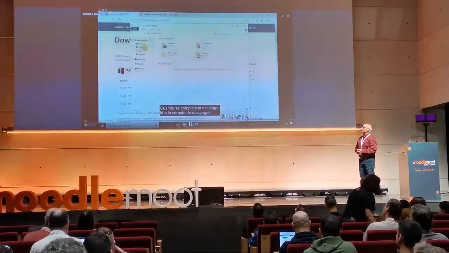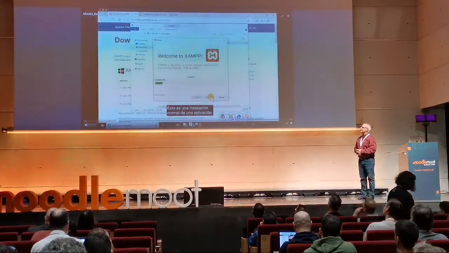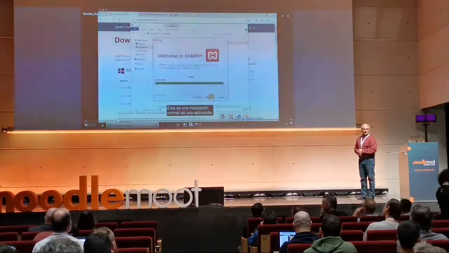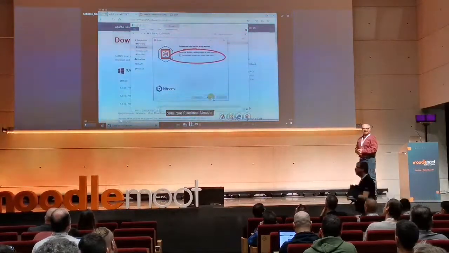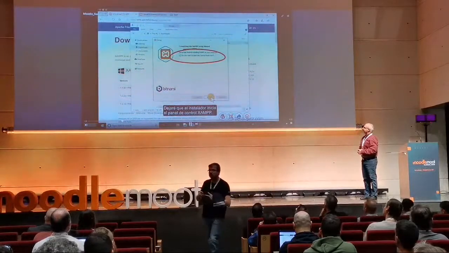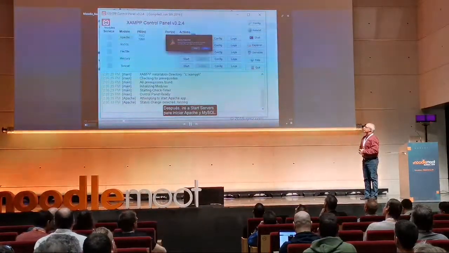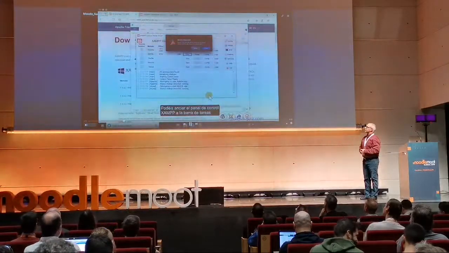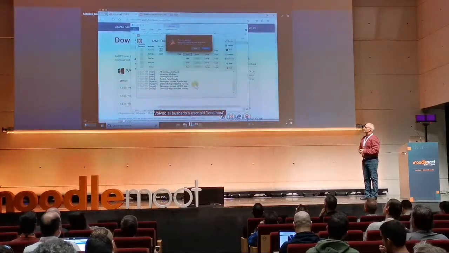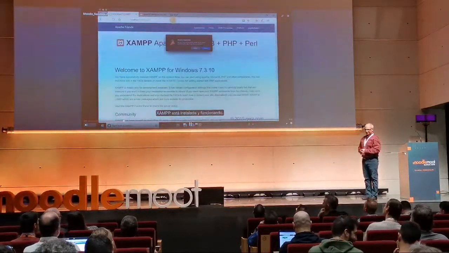When the download is complete, go to your Downloads folder and double-click on this XAMPP installer. This is a fairly normal PC application installation. It ends asking if you want to start the XAMPP control panel. The XAMPP control panel must always be running for Moodle to work, so I will let the installer start the XAMPP control panel. Then click on Start Servers to start Apache and MySQL. Both servers will turn green. You can pin the XAMPP control panel to your taskbar if you wish. Return to your browser and type localhost, and the XAMPP screen will open in your browser. XAMPP is installed and running.